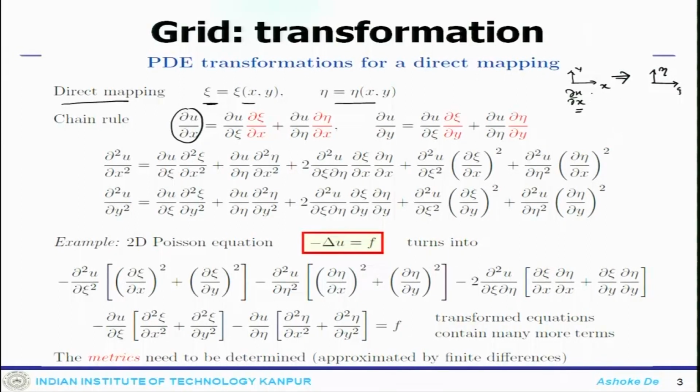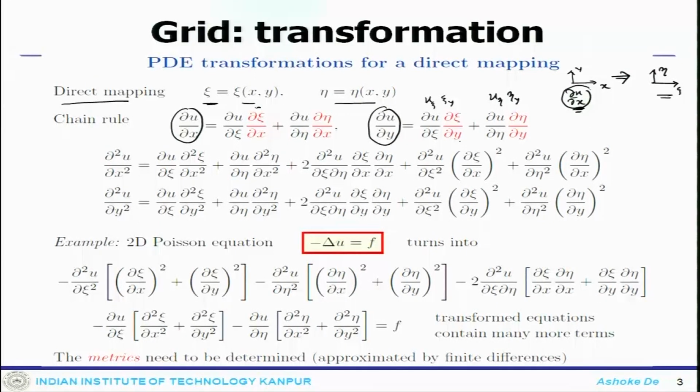So, del u by del x is sitting here. I am trying to find out what is going to happen to del u by del x when I transform the system to the xi eta system. Similarly, del u by del y is also a function of xi eta: del u by del xi and del xi by del y, and del u by del eta and del eta by del y. So, one can say u xi and xi y, u eta, eta y. These are some notations one can use. Now, I am trying to find a derivative del u by del x in my physical domain, but that now consists of derivative terms coming from xi and eta.